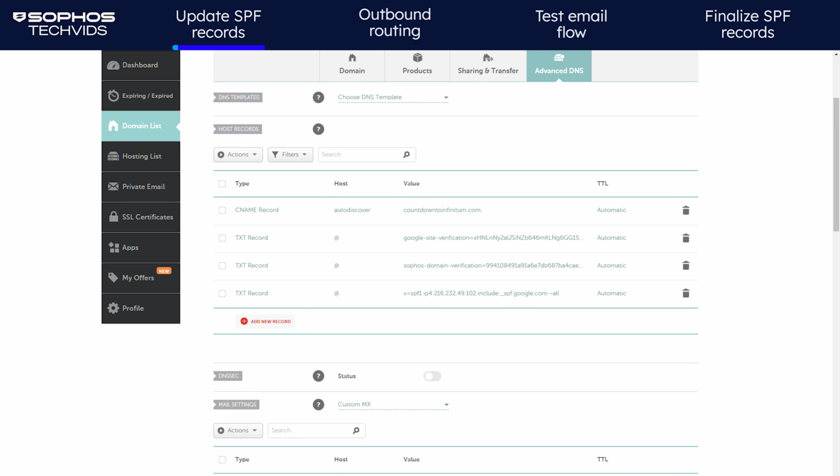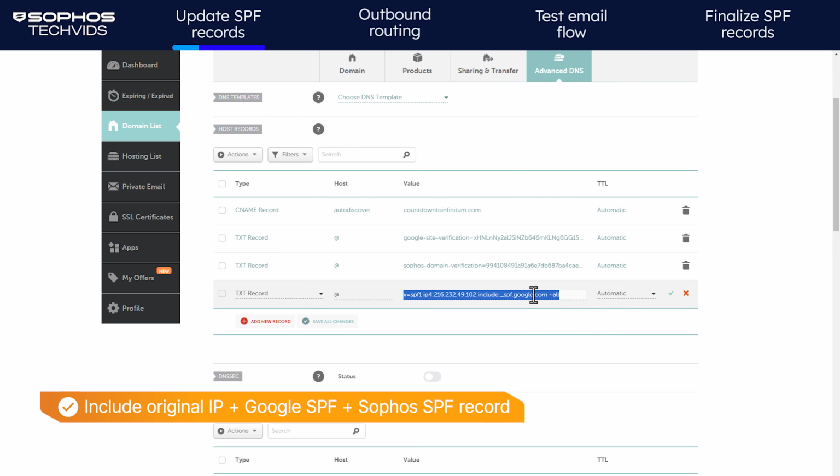To configure outbound email, we recommend you edit the existing SPF record to include the Sophos SPF record for your region. This will prevent potential disruptions during the transition to Sophos. In this case, there's already an IP address being used to send emails, as well as the Google SPF record. Recipients will check that messages sent from your organization are using this IP or the Google SPF record.